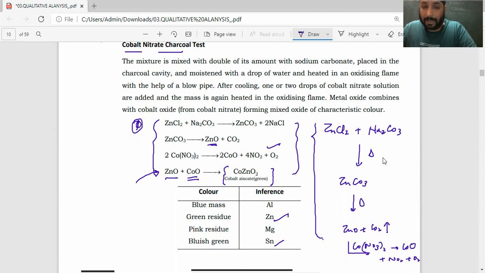Now after these dry tests, we will be starting with the hardcore tests of anions and cations, which is the actual start of your qualitative analysis. Till now, whatever we have done is just a quick brush up, and it's a collection of very important reactions for the entire inorganic chemistry. So write all the reactions nicely, and make sure that you excel at all these reactions, right? Okay.